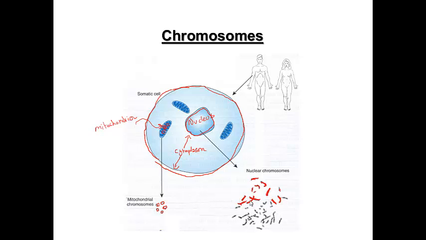It's also worth mentioning that the vast majority of your DNA is located within the nuclear envelope. For example, I just said that you have roughly 6 billion nucleotides within your genome. Only about 50,000 of them are located within this mitochondrial chromosome. All right, just to give you some comparison. Okay, moving on.